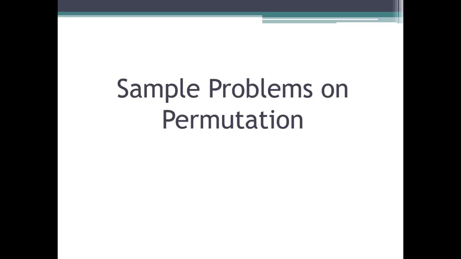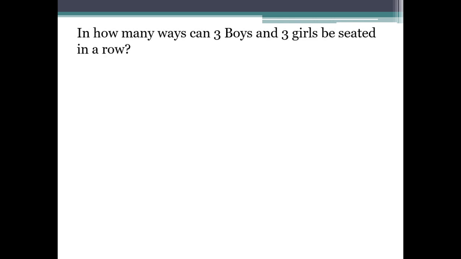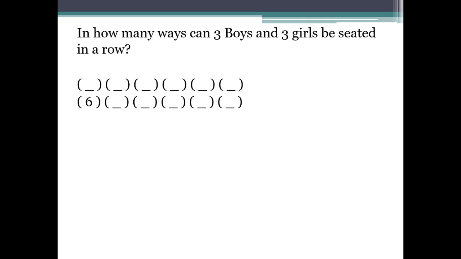Hello everyone. Now let's answer sample problems on permutation. First problem: in how many ways can 3 boys and 3 girls be seated in a row? The idea here is that we have 6 people, or 6 objects, that we are going to arrange in 6 spaces. Manually, or using the fundamental counting principle, there are 6